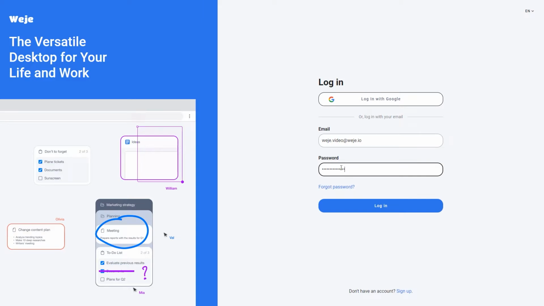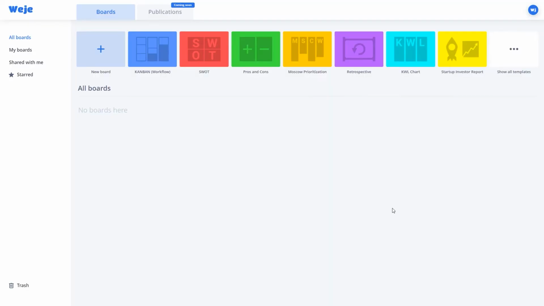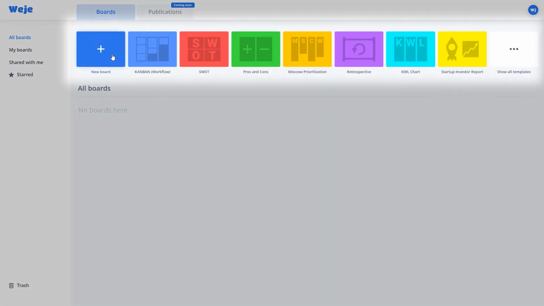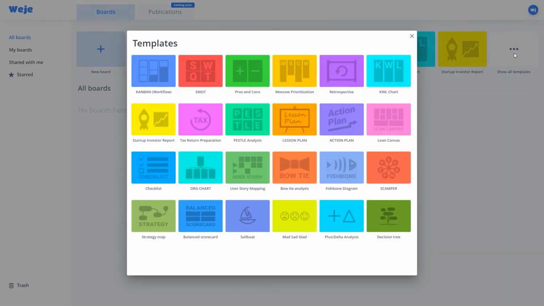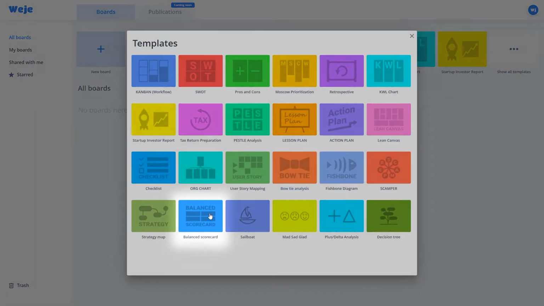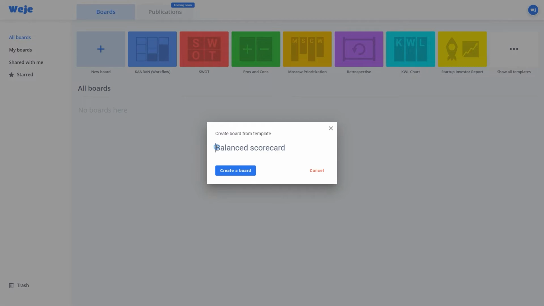In this video, we'll learn how to use the balanced scorecard template. After logging into Weje, you can create your own whiteboard from scratch or pick one of the provided templates. To create a whiteboard using the balanced scorecard template, select the appropriate template from the list, set its name, and